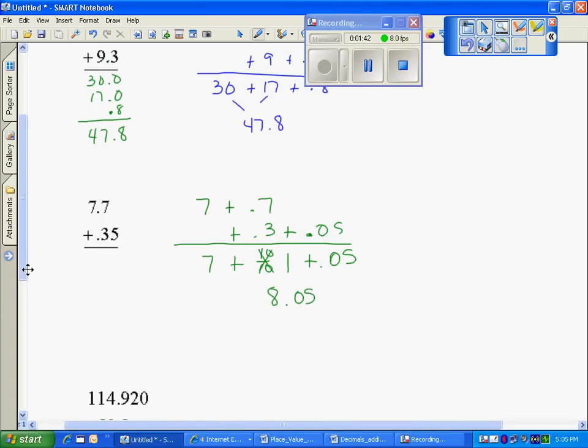$8.05. Using partial sums, adding my ones, adding my tenths, again, remember that makes a whole, adding my hundreds, 8